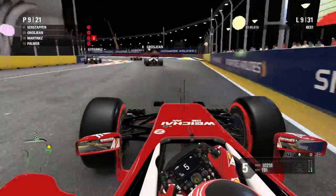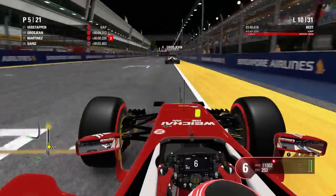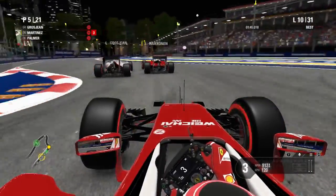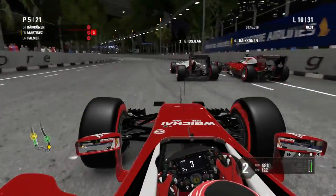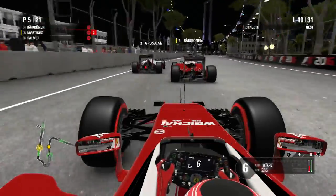Oh, we've got a couple of cars in the pits. It's Gutierrez and Rosberg, Ricciardo and Sainz who pitted into the pit lane. So quite a lot of cars coming in there, and I think it's only Hamilton and Verstappen who are staying out. Meanwhile, Grosjean's attacking my teammate into turn 1, so I'm just going to try and pace myself here, try and wait for the moment, which could be now, as I swoop back through that corner, picking up some good traction. Both of these guys are on used super softs, so this should be a move that I should be